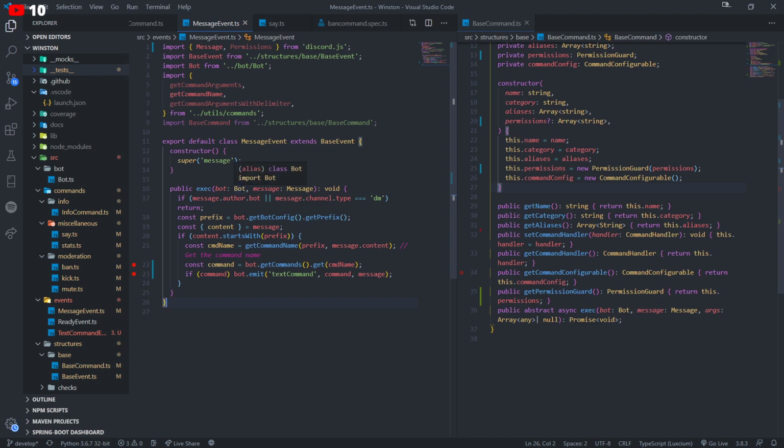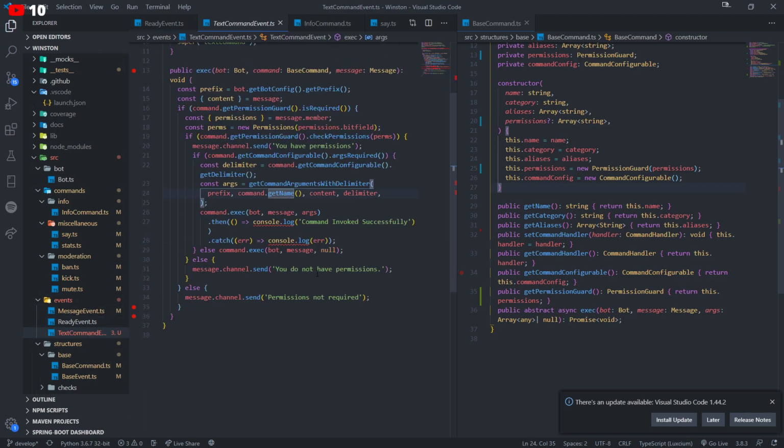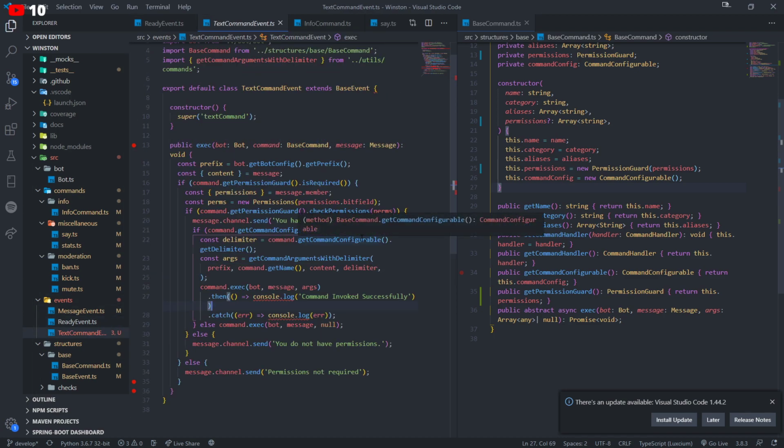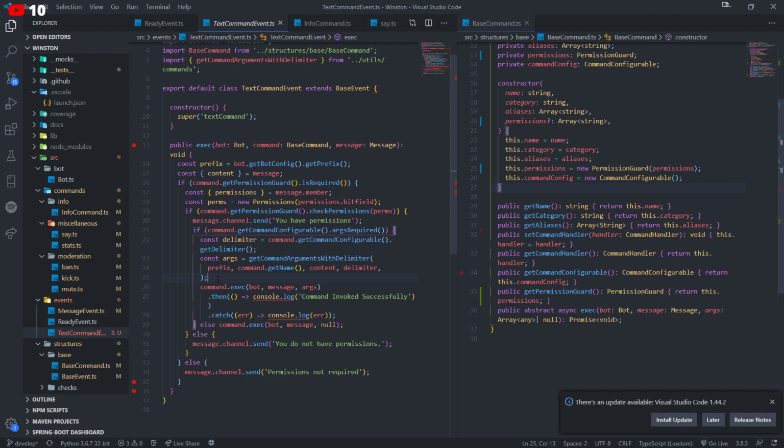But the idea is we have a very complex system going on. Basically we're able to check to see if the person that invoked a certain command has permissions. We're able to check to see if the person needs to provide arguments for that command. There's a whole lot of stuff going on. So what I need to do is document my code and write out the explanation. Because right now, off the top of my head, I have to look at it again to understand what's going on, because there are so many lines of code.